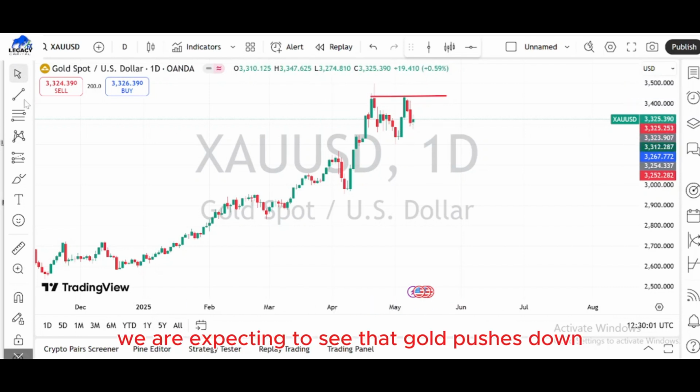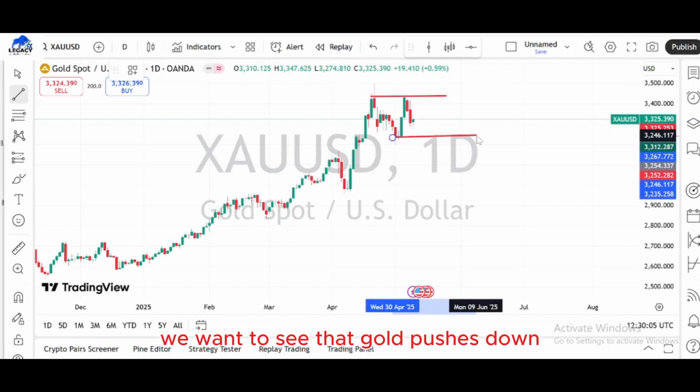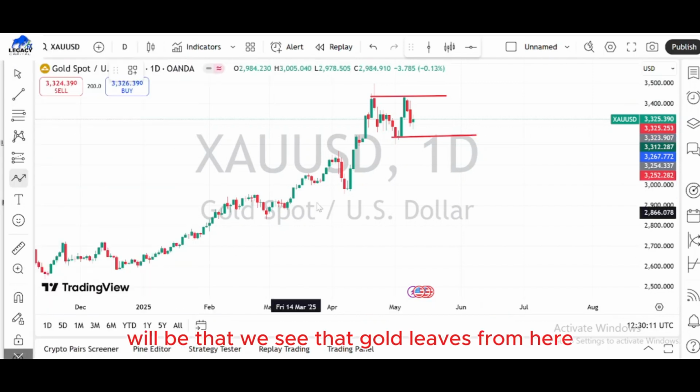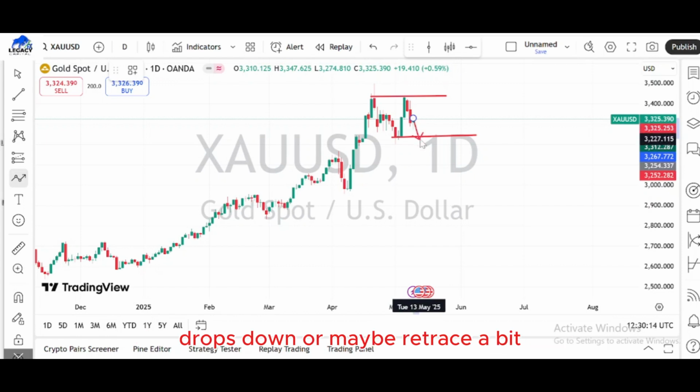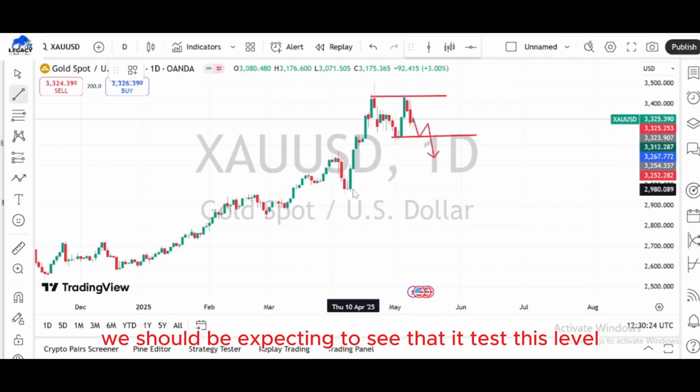We are expecting to see that gold pushes down and takes out this level. The first thing when the market opens will be that we see gold leave from here, drop down, or maybe retrace a bit, gather momentum from the buy candle, then maybe break this zone. Once gold breaks this zone, within the week we should be expecting to see that it tests this level